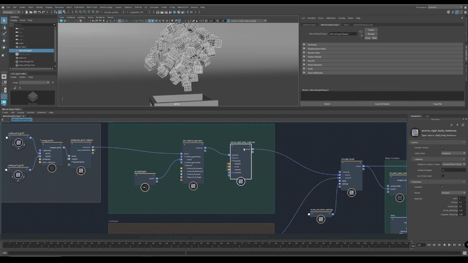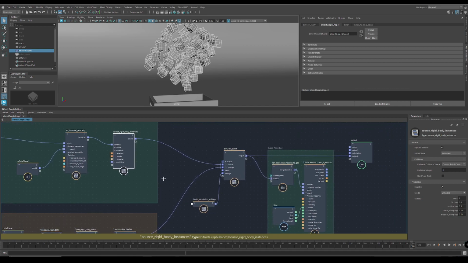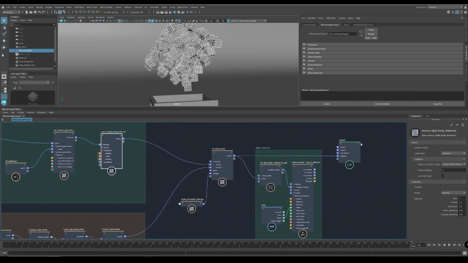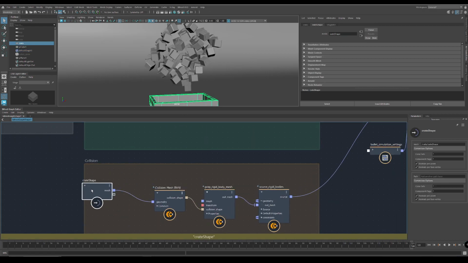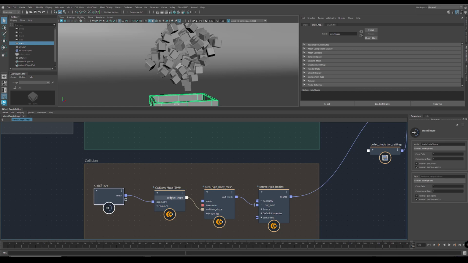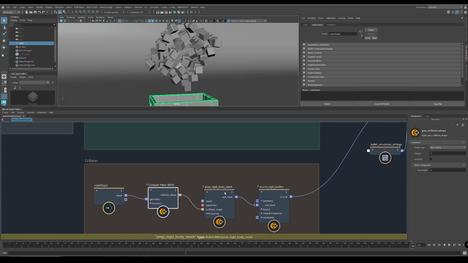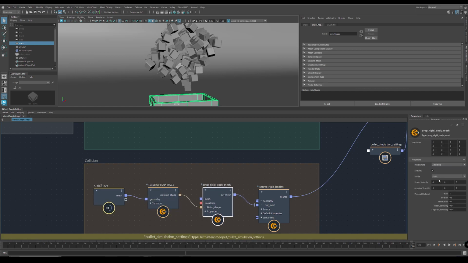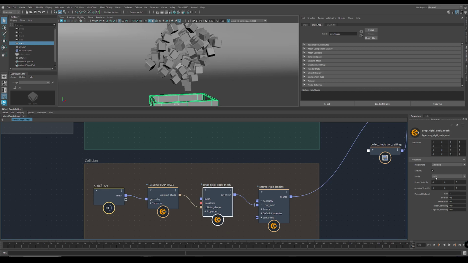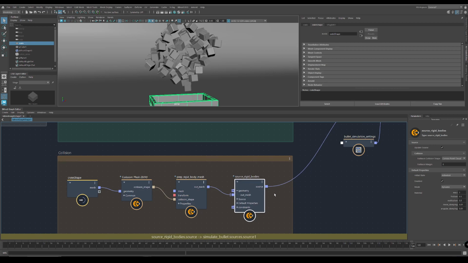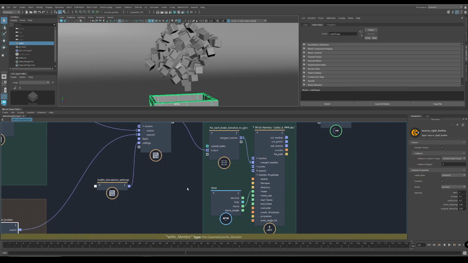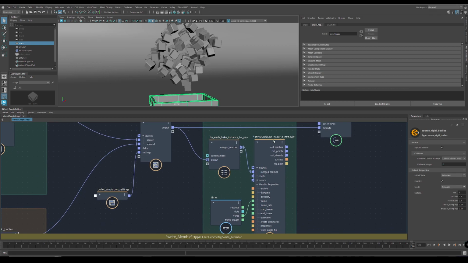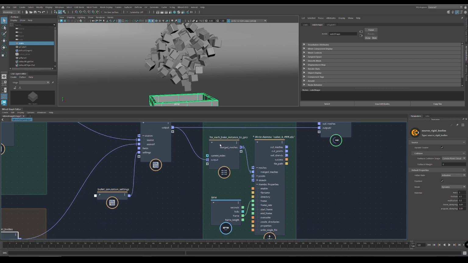Then the rigid body from bullet here, then the bullet sim, and then here is the output, and down there is the collision for the box here. Just this crate here, collision mesh, prep. It was important to set this one here to static. Then source rigid bodies, and down here it's a little bit more complicated to get the Alembic cache out, because